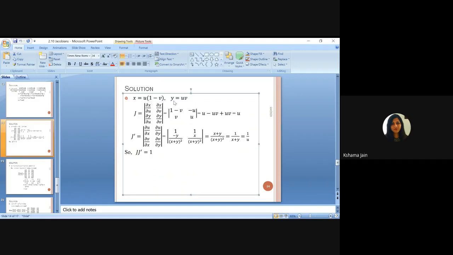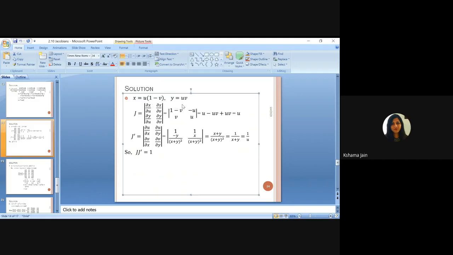If I add them, I will get the value of u. And if I put the value of u here, I will get the value of v. So it is just a matter of practice. If you practice using mathematical operations, there is no fixed pattern. Depending on the question given, the operations will change.